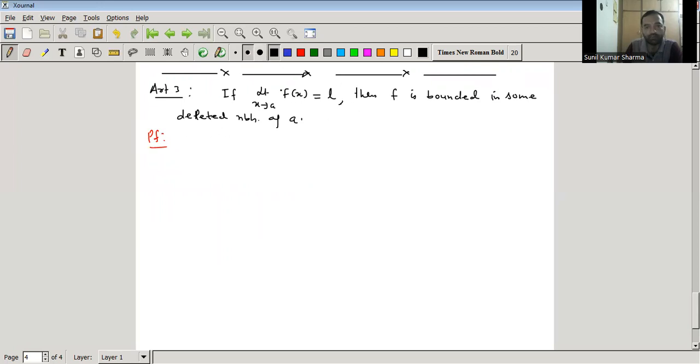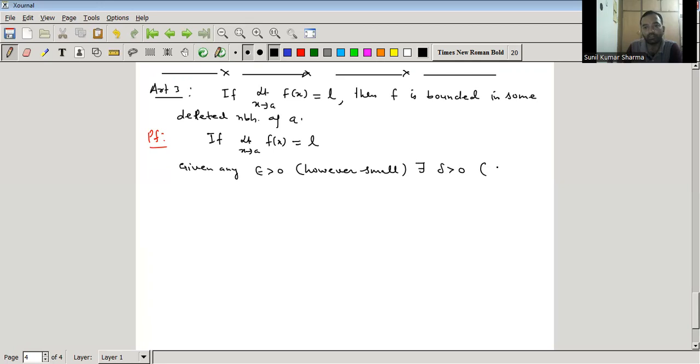So what is given? Given limit x goes to a, f of x is equal to L. This is given to us, right? So if the limit of a function is given, then we can use the epsilon delta definition. What is that? Given any epsilon greater than 0, however small, there exists